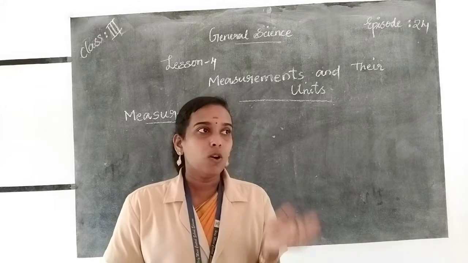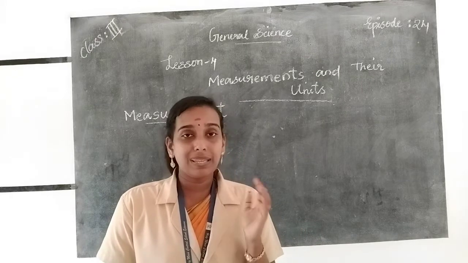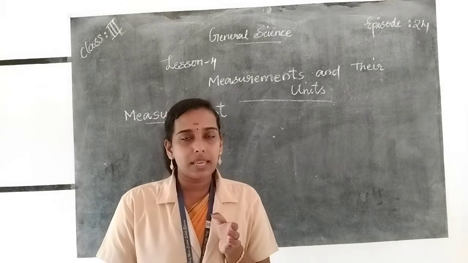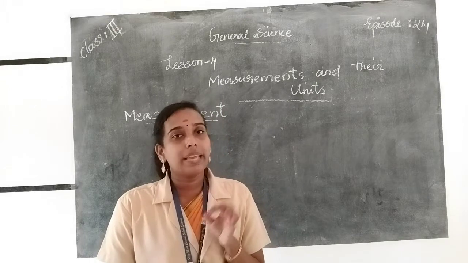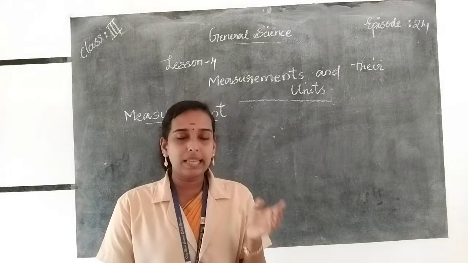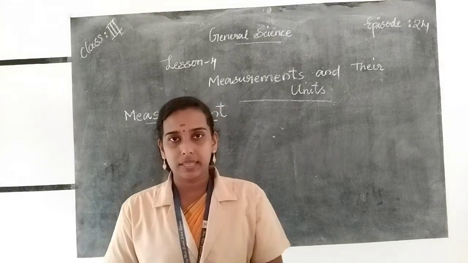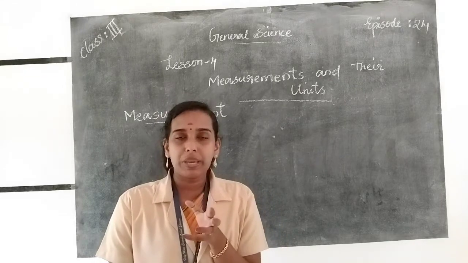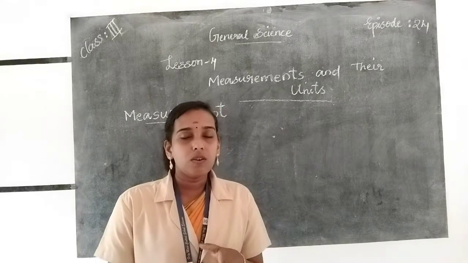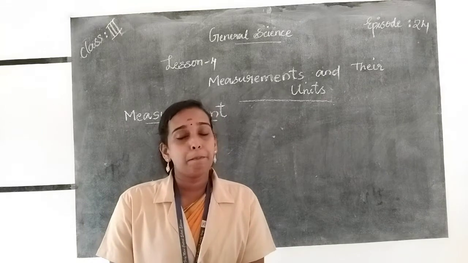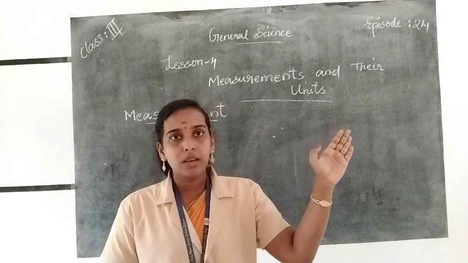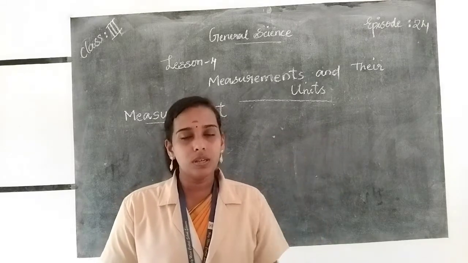For measuring length, we have our scale, meter scale and centimeter scale, like that. And for measuring capacity, meaning the volume or the amount of matter present in it, we use liters, milliliters, and kilogram, gram, etc. And to measure length, we use meter, centimeter, kilometer, like that. So today we have many measuring devices or instruments that we use to measure things. But in the early time, people used their body parts to measure things.